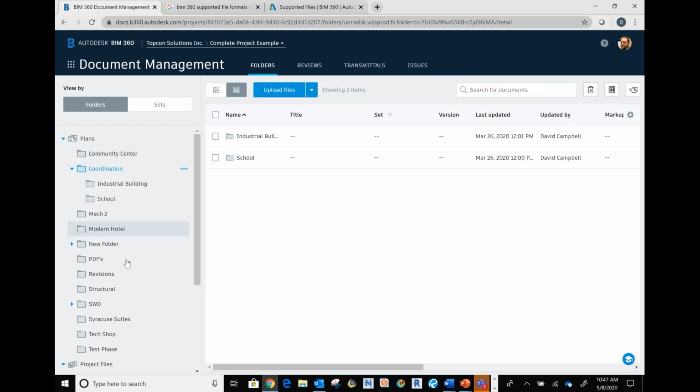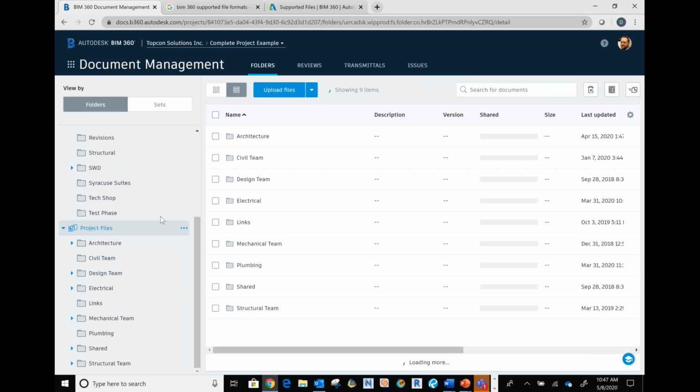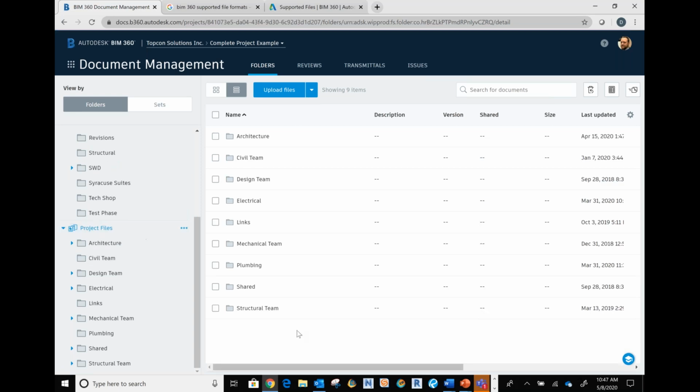Whereas our project files, these are really where your models are going to be stored. Any of the collaborated type of models, so your RVTs, your DWGs, your NWCs, anything like that, you want to host inside of document management. Now, you can host an NWC in the project or in the plans file. If you're going to use it for coordination, obviously we'd put it up in plans. But